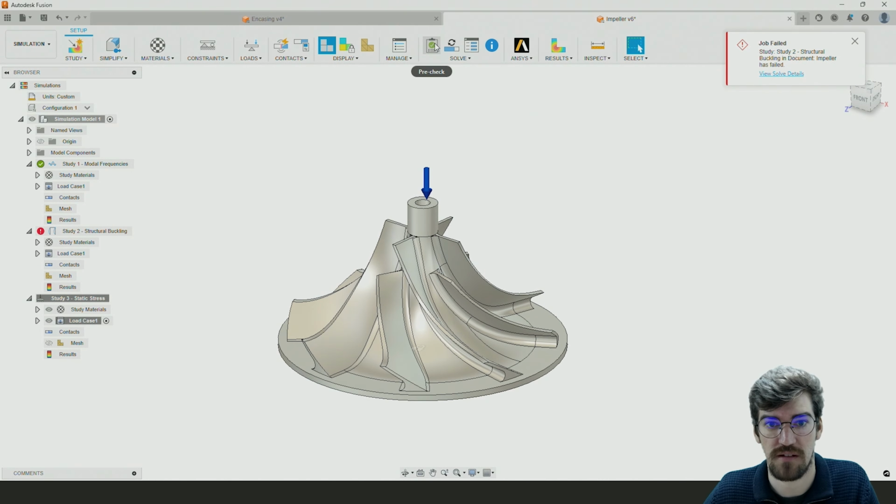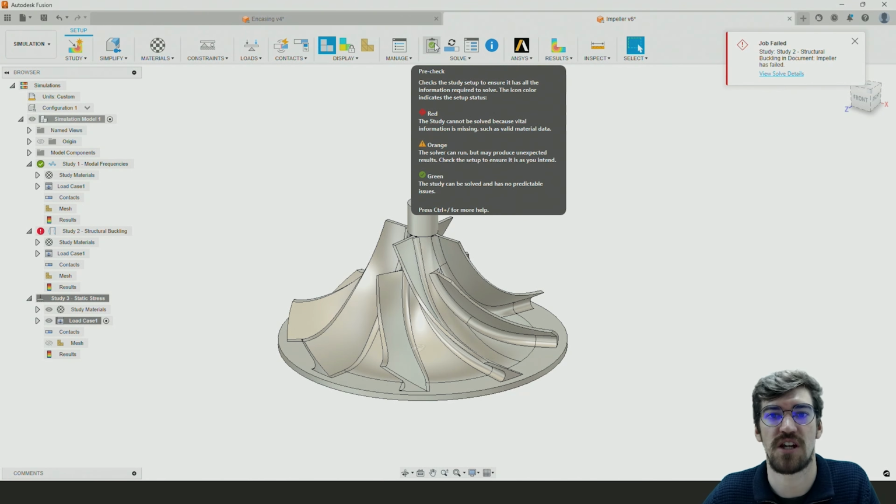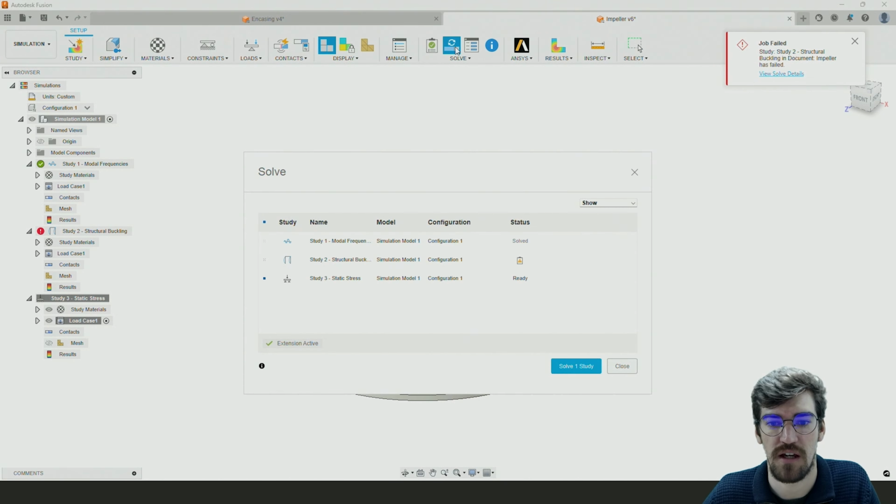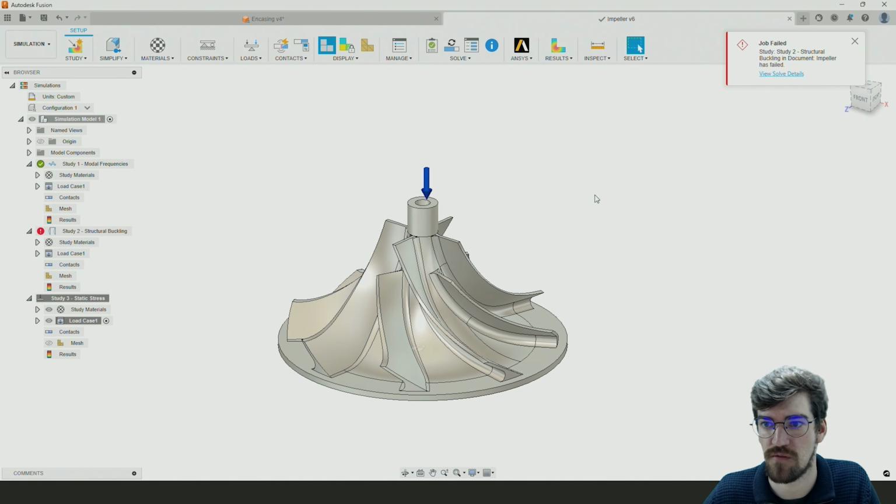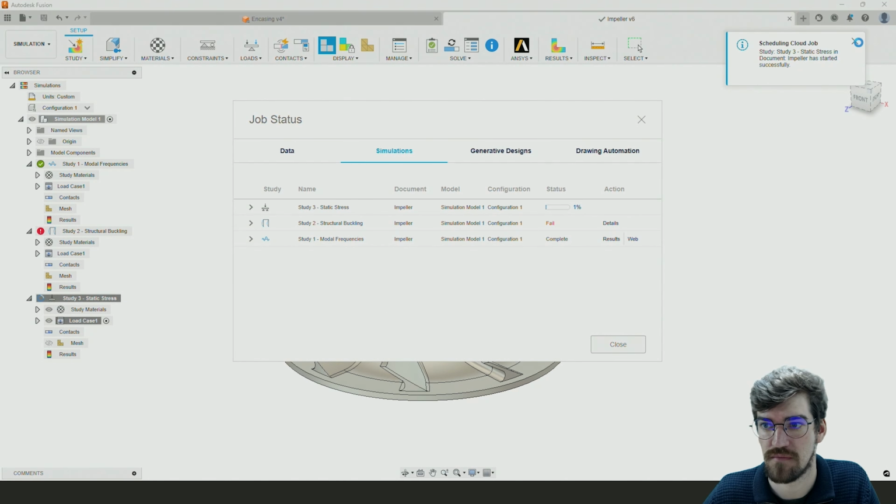Once I'm happy with that, it's got everything that it needs inside of the pre-check, so I'm going to hit solve, and now I've got a third study running for me. I noticed the one job failed, and we can have a look at the details of that as well. We've got two studies that have completed in the background as we've been applying these studies to it. So I'm going to quickly have a look at the results of my modal frequency study